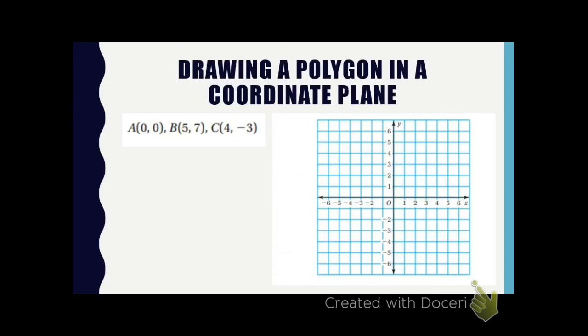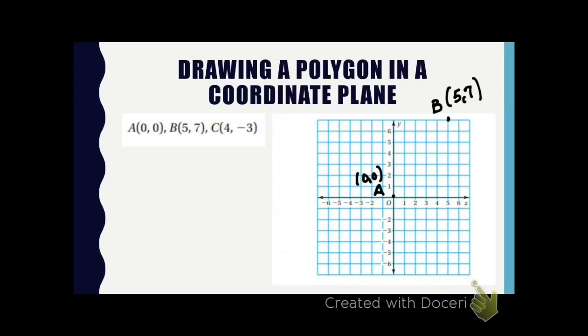Now to draw a polygon in a coordinate plane, all you're going to do is plot your points first. They said point A is 0, 0. So I go to my point of origin, and if I move 0, that's where my point goes, and I'm going to label it A. A lot of times you'll see them put 0, 0. Then for point B, I'm going to go positive 5. So I go across 5 and I go up to positive 7, which is going to be at the top of my number line. So there is point B,